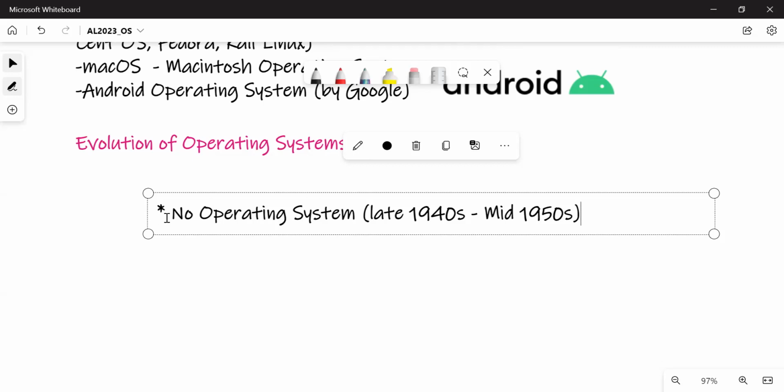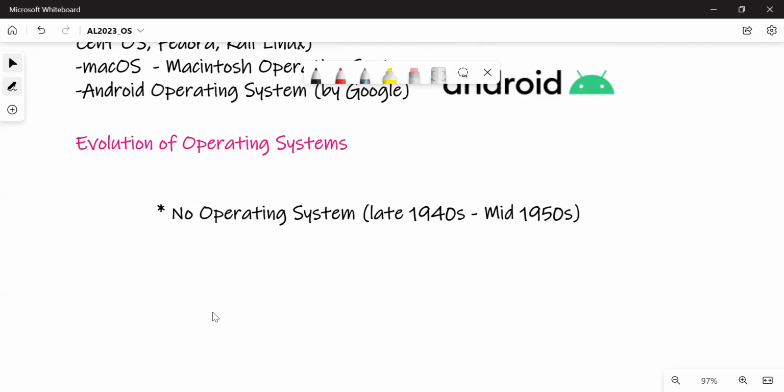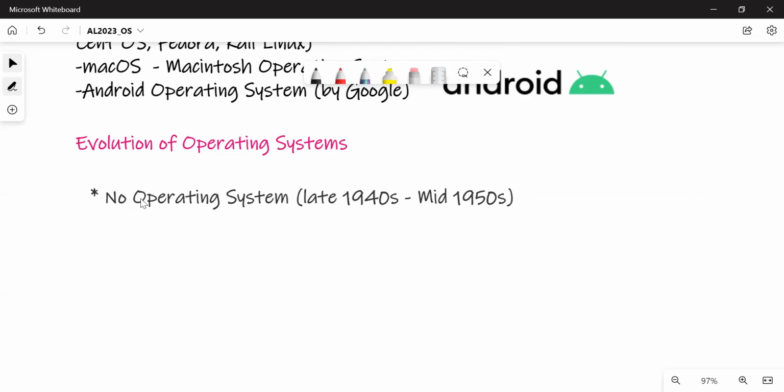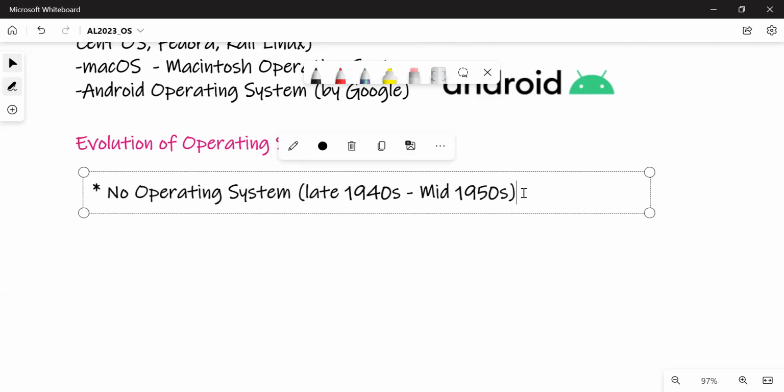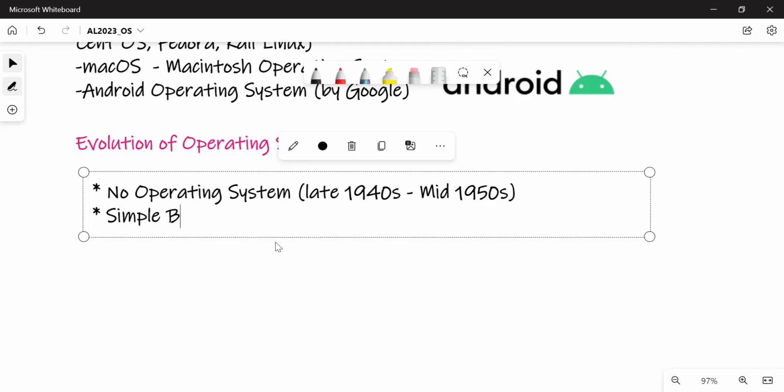So that means in the beginning we didn't have an operating system. And then what happens after that? We had what we call batch-oriented operating systems. I will explain what this is. We had the simple batch system.